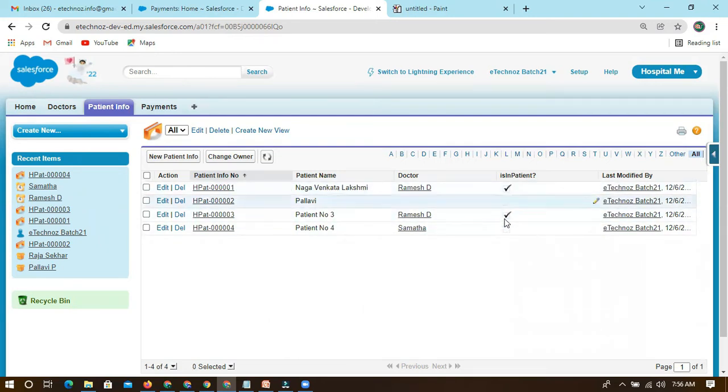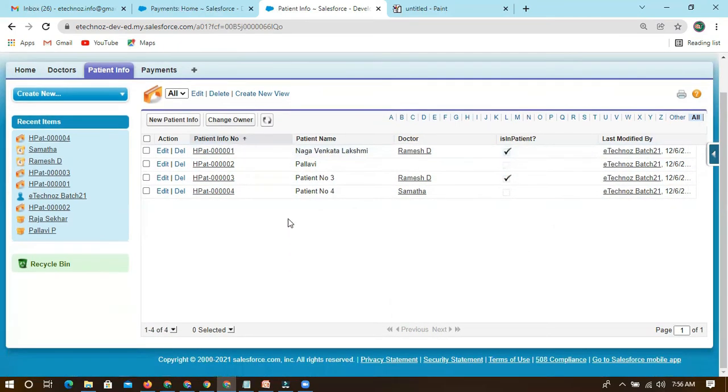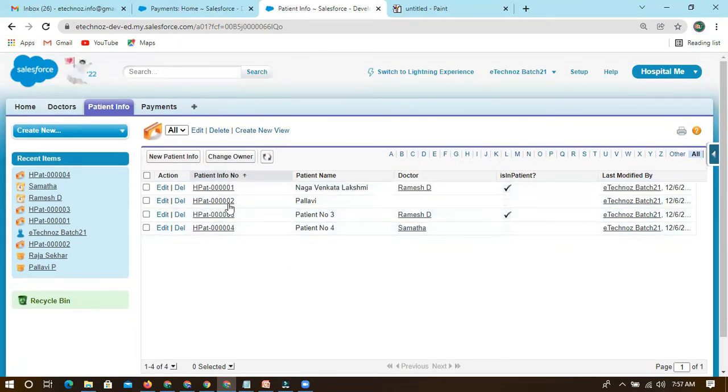For our purpose, this should be very clear. Instead of going individually, going to records 1, 2, 3 and checking whether it is inpatient or outpatient and with which doctor it is connected, we can see all of it on the screen itself. This is a good advantage provided by Salesforce. You can also delete or edit it at any time.